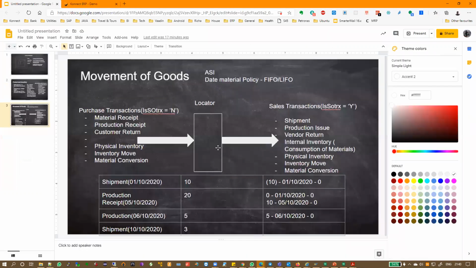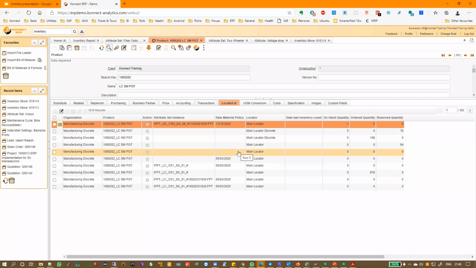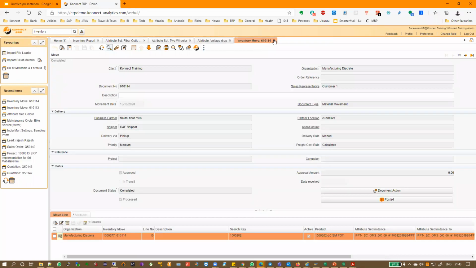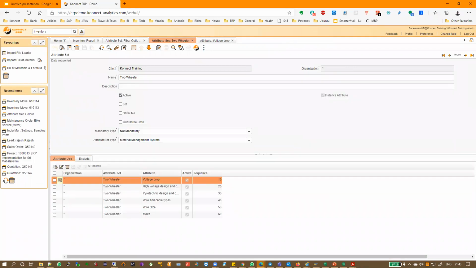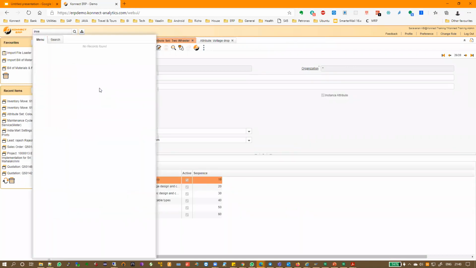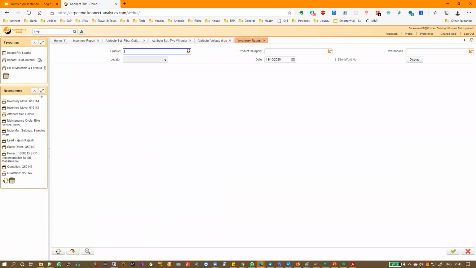Now, what is important in inventory is, okay, all this is fine. I gave you a lot of theory. I told you how it works, and I'm telling you how it works here. But from a customer perspective, when you're going to show a demo, what are you going to show? Okay, so basically, the key windows that we are going to show is very simple. First, what anybody would like to know, what is my inventory report? What is my stock?